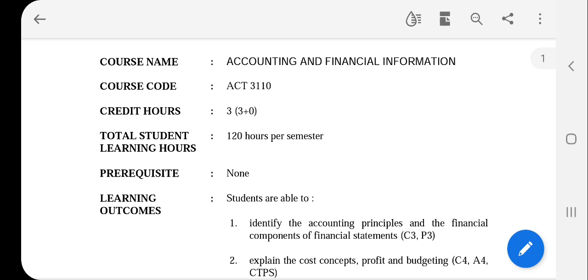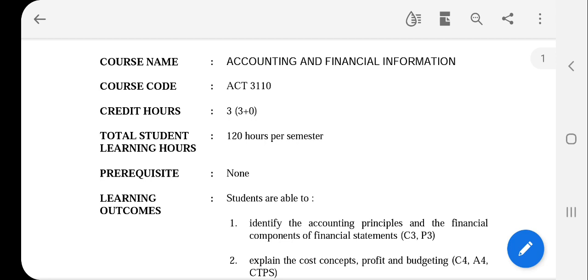And also you have to know that accounting has many branches. The main branches of accounting are financial accounting and management accounting. Other than that, there are accounting for taxation, auditing, forensic accounting, etc. There are many things.